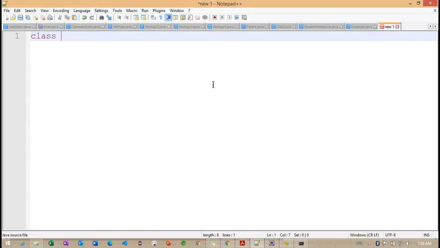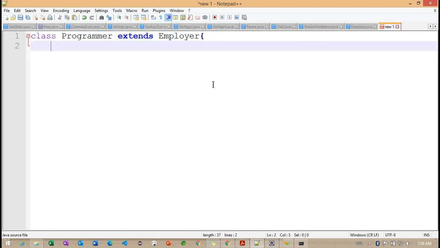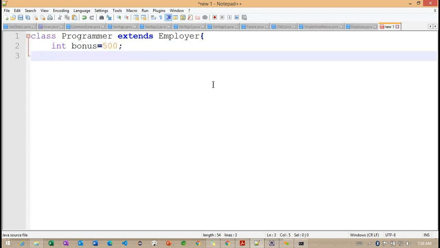And after this, Programmer is going to extend from our Employer. Here we are going to give a bonus of 500, and inside this Programmer class I want to define the main method.